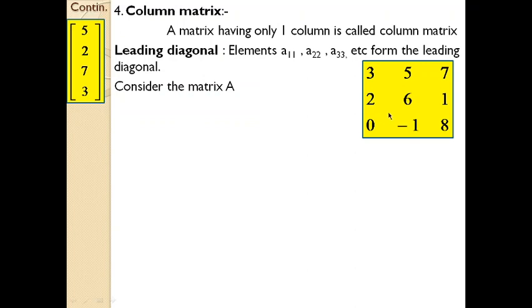Okay, this is a square matrix, and the elements are A11, A22, A33. I hope you know what is meant by A11, A22, A33. We have discussed the same part in the previous slide, so I hope you don't want the explanation again. In this matrix, A11 represents 3, A22 means second row, second column, which is 6, and A33 means third row, third column. See, these three numbers represent the leading diagonal. Why? Because the numbers in these elements are 3, 6 and 18.